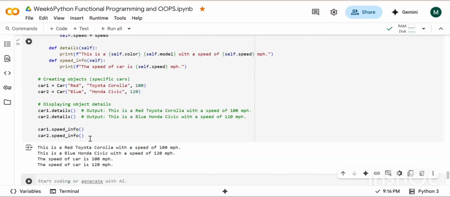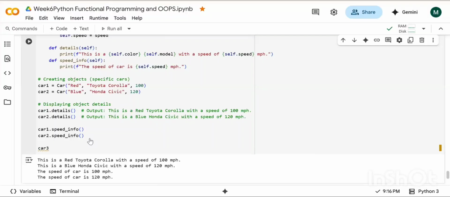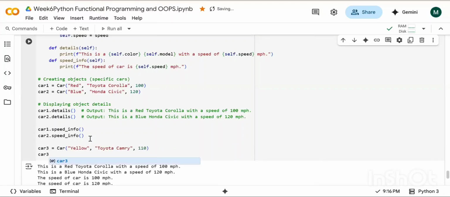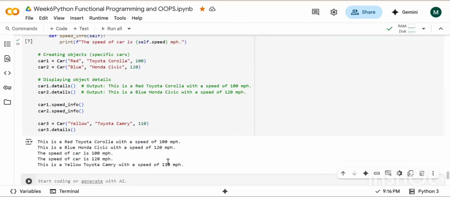And after that, again, I can create one more. Car 3 is equal to Car, yellow Toyota Camry and all. And then with car 3 again, do the same things. First of all, I just want the details. See? Is everyone clear?